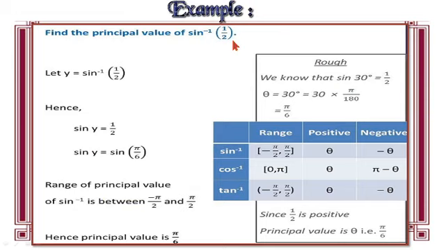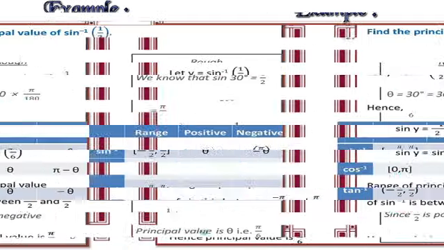Next is sine inverse 1 by 2. Now this is sine inverse and the angle is positive. First of all, let's calculate half in radian. So it is pi by 6. Now pi by 6 and the angle is positive. Do we have pi by 6 in this range, minus pi by 2 to pi by 2? This is the range of sine inverse. That was for cos. Now do we have pi by 6 here? Yes, we have pi by 6 in this interval. So the answer is pi by 6.